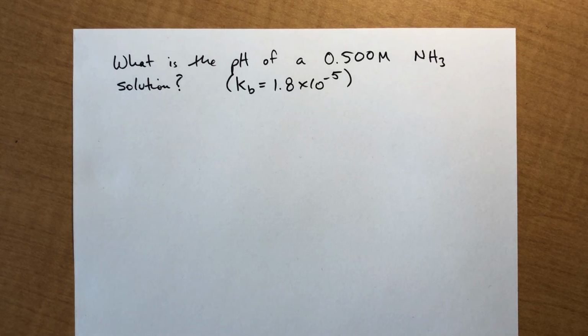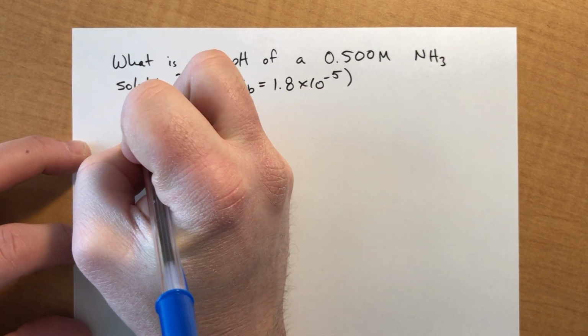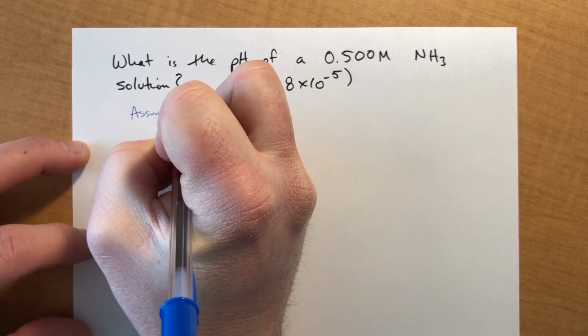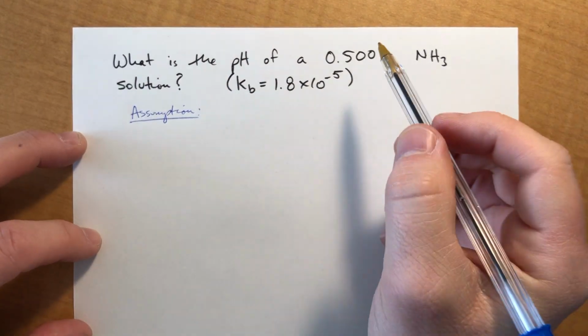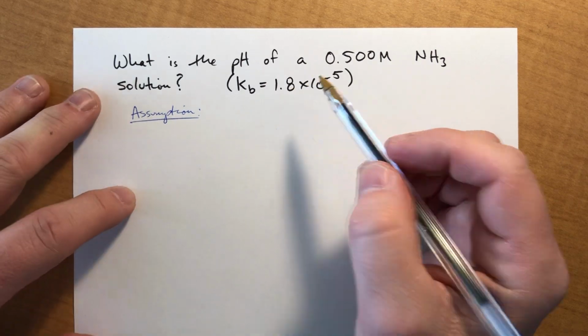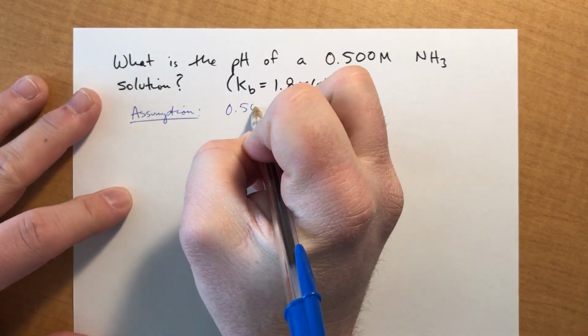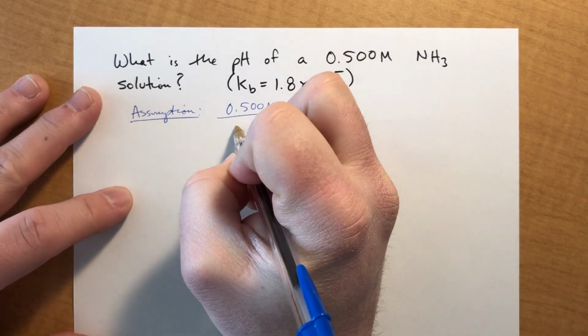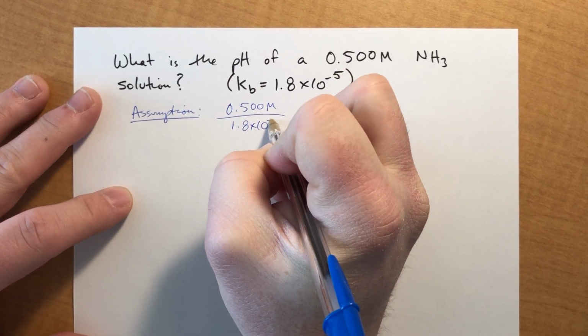All right, in the last video we did examples where we were figuring out the pH of a weak acid solution. Now we're going to do one that is a weak base solution. So what we're going to do first is check the assumption. You take the concentration divided by the Kb value since it's a base, and we get